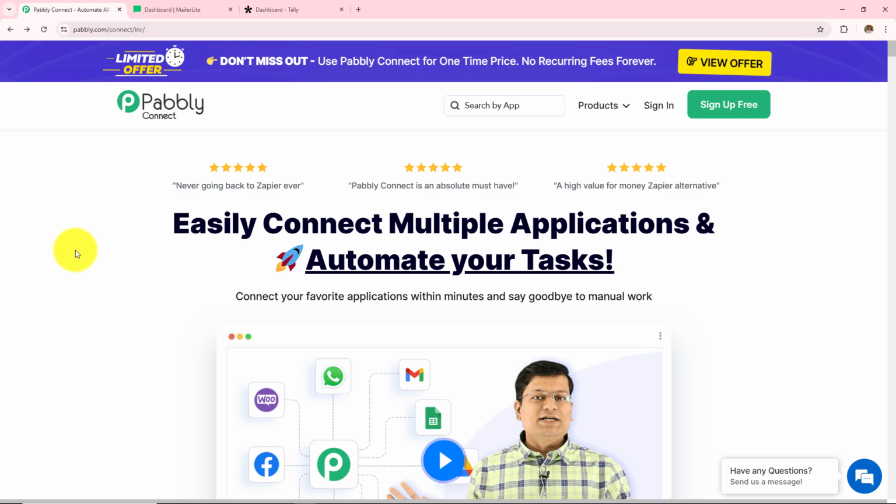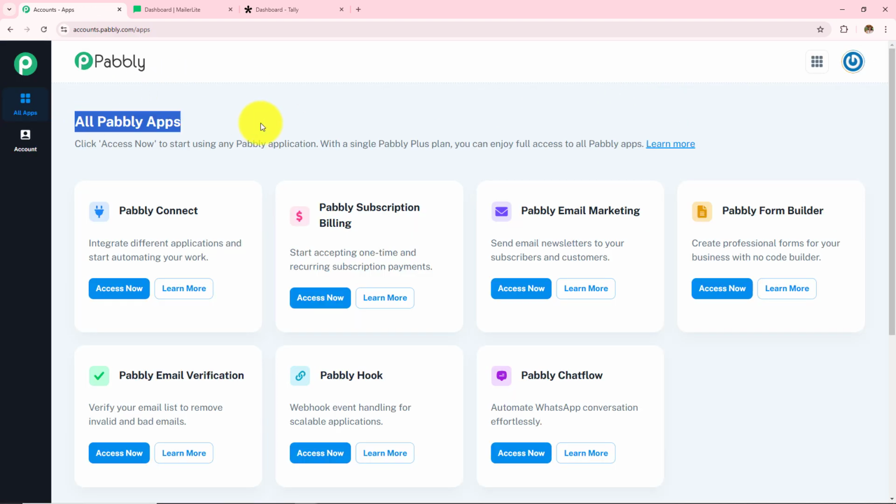Now after browsing the website, we need to sign in to our Pabbly account. On the top right corner, you can see two options, sign in and sign up for free. If you are an existing user, click on this sign in, and if you are a new user, click on this sign up for free, and this will give you 100 tasks free on a monthly basis. As I am an existing user, I'll click on this sign in, and here the all Pabbly apps page has appeared,